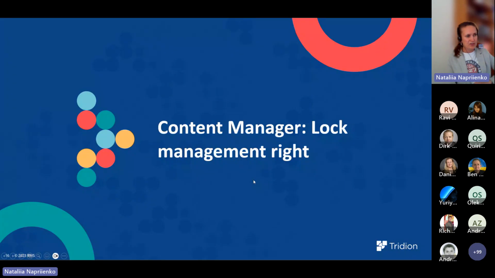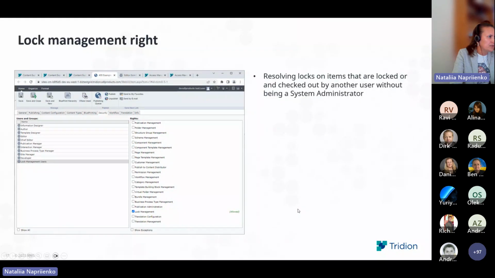Okay. That was for access management. The next feature I would like to talk about is related to Content Manager, and a new publication right, the lock management right, that we introduce in Tridion Sites 10. So what is a lock management right? It's basically a right on a publication. This right allows you to resolve locks on items that are locked or checked out by another user without being a system administrator. What that means, for example, is if there are some editors or authors who started working on content and left it,